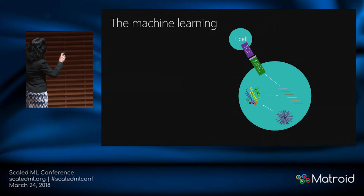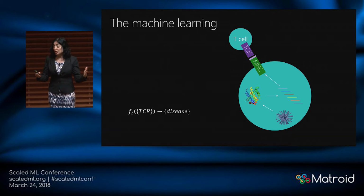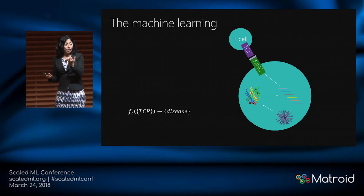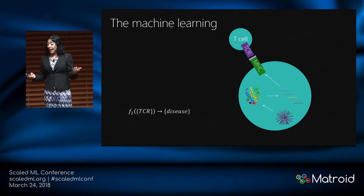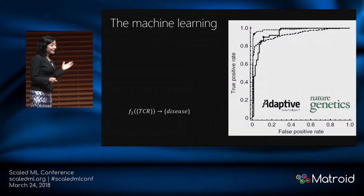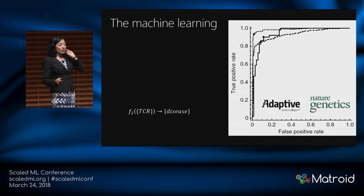Okay, so what's the machine learning here? What I'd love to do is take that set of TCRs. You remember, I got that from Adaptive. I said, oh, you have these 10 to the 6th T cell receptors that I've sequenced. I'd like to be able to take that set and say, oh, you have a certain disease or a certain set of diseases. There was a proof of concept with CMV, okay,